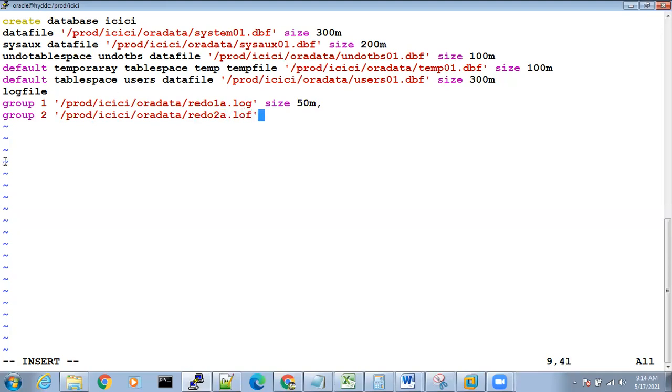So instead of log, I am wantedly giving a spelling mistake here. You don't do it, but if any spelling mistake is there, I have to explain. So wantedly, I am doing a spelling mistake.